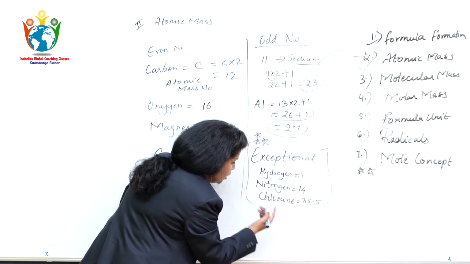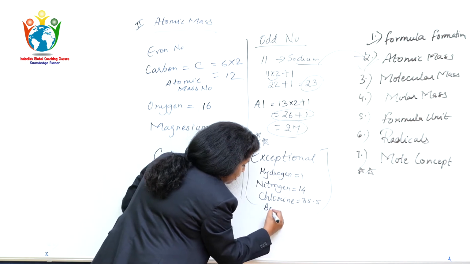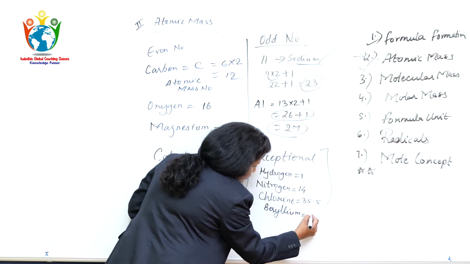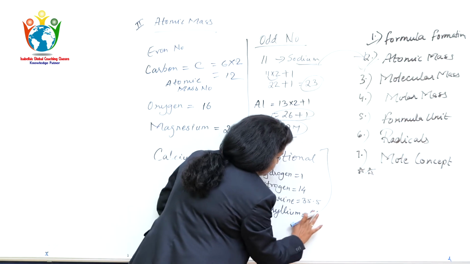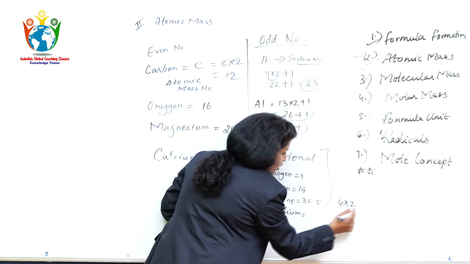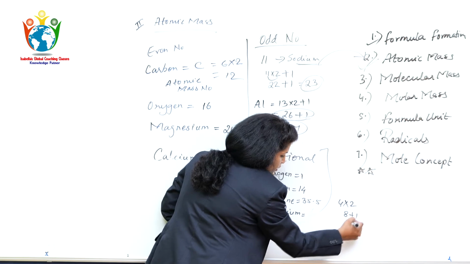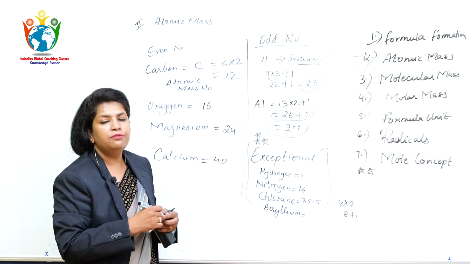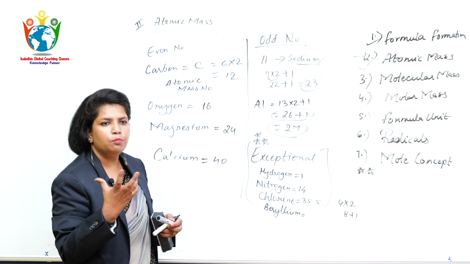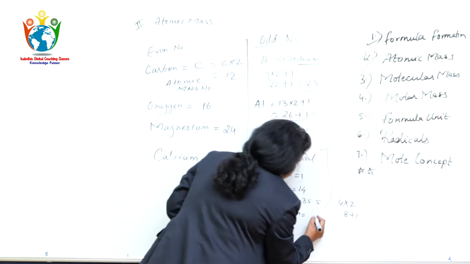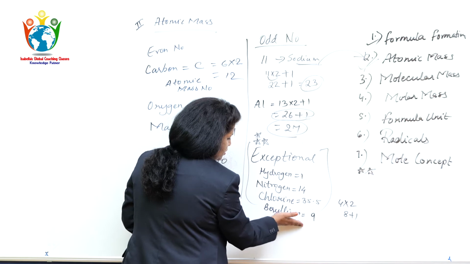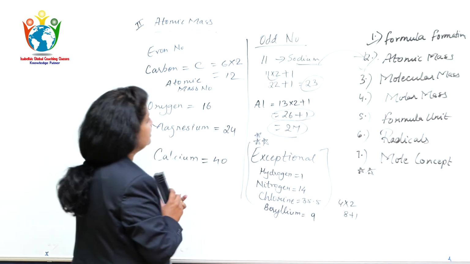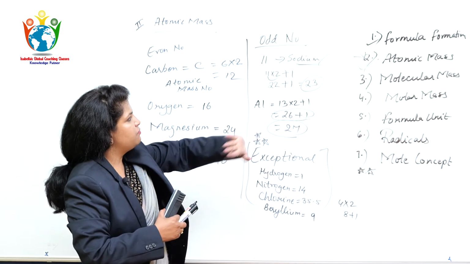Now one more is there, that is beryllium, but in every book it is different. It is an exceptional, that is 9, though by position, beryllium is 4, 4 2s are 8 plus 1, being an even number, but still we are adding plus 1. In some books it is written 8, but probably I have seen 9, so I will write 9. You can check this in your book and jot it down as I have written. I will rub this now, because I have made atomic mass very clear to you.